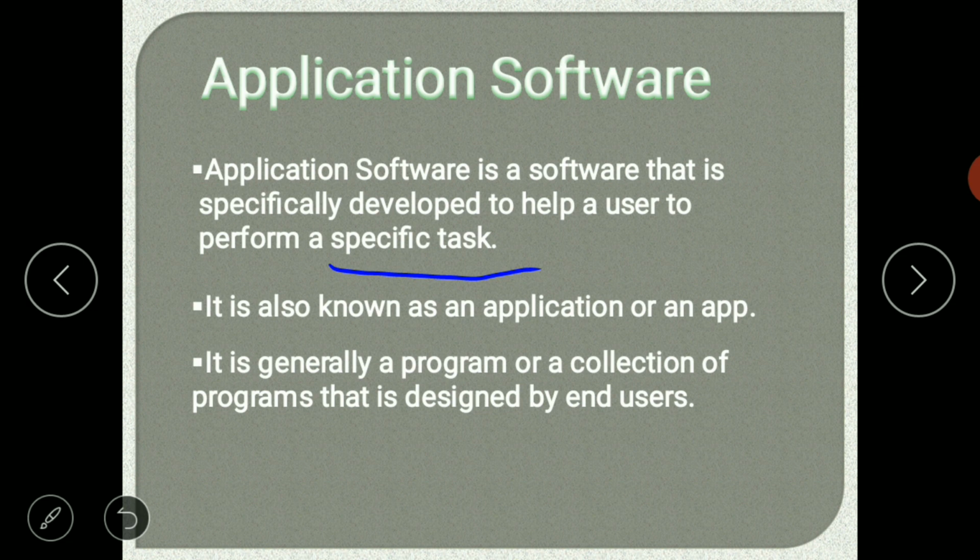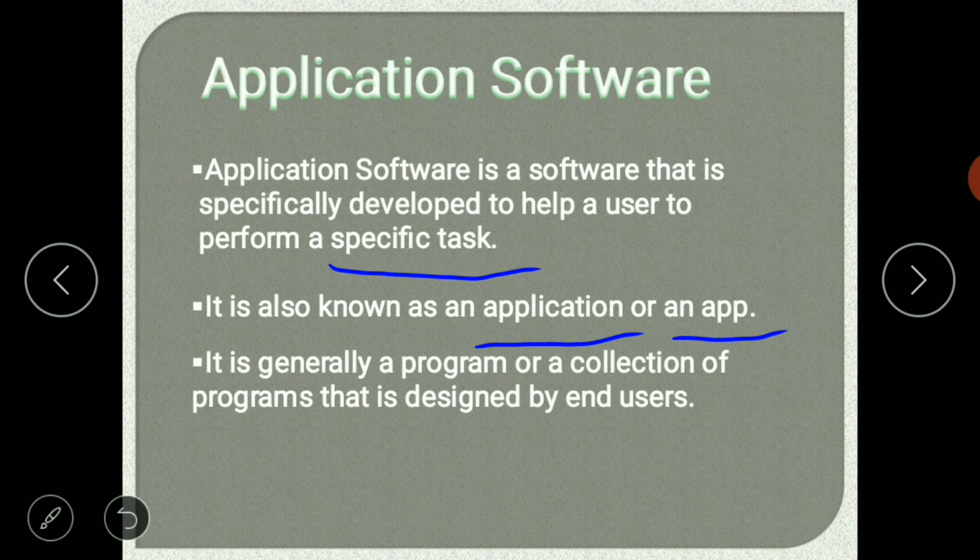It is also known as an application or an app. It is generally a program that is designed for the users. Users use application software according to their needs, like Notepad is used for writing and editing text.